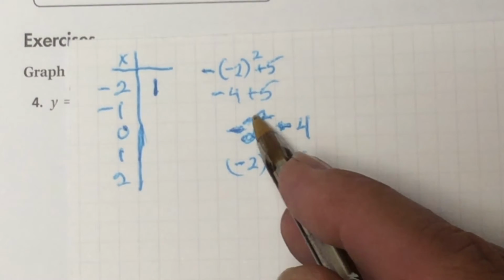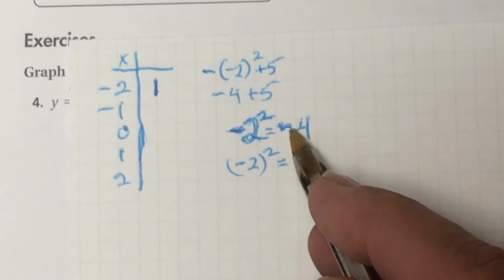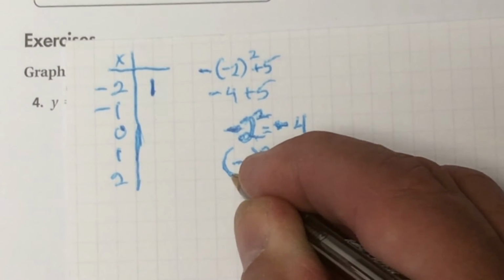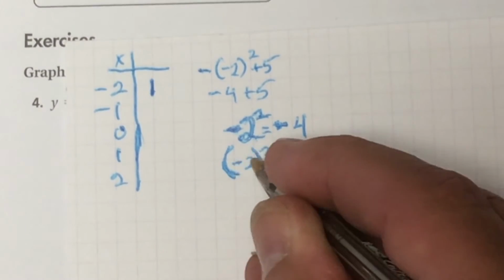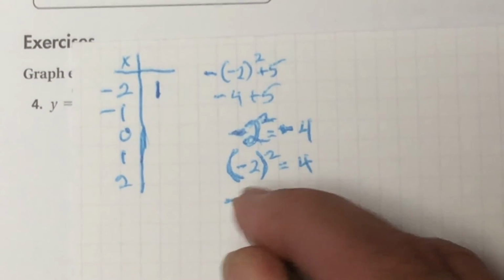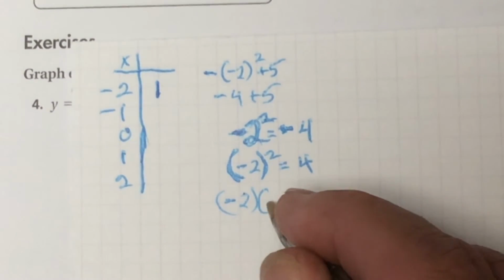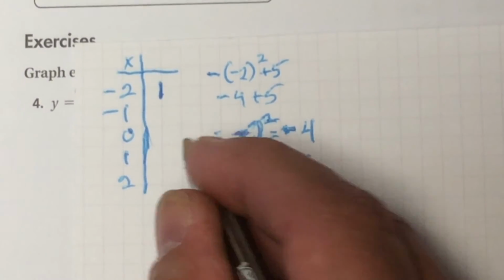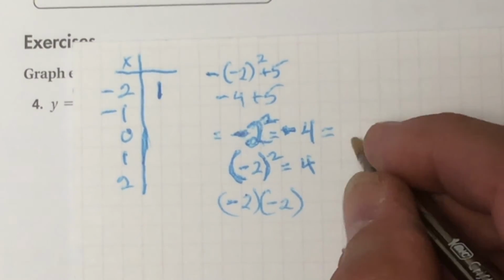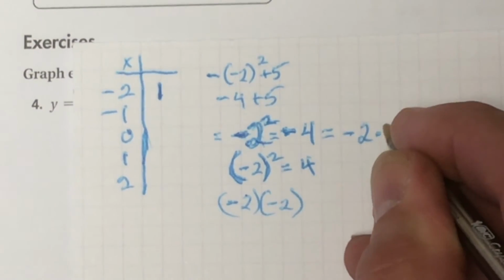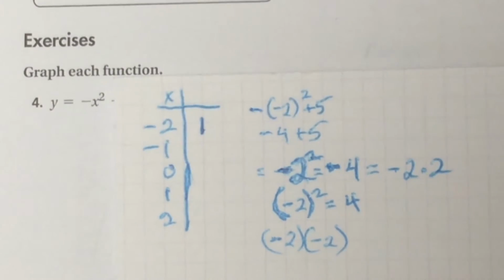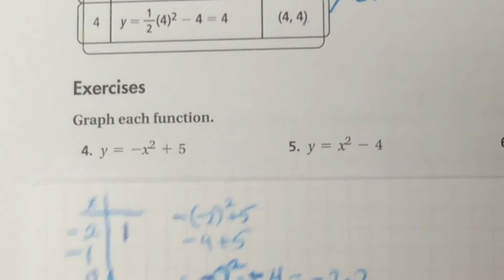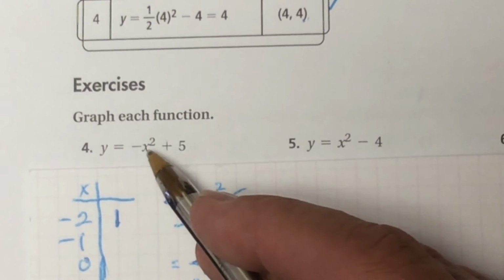So you have to square this first, and then apply the negative. Here, the thing you're squaring is everything inside the parentheses. So the number is already negative, and you're squaring it. So this becomes -2 times -2, which is equal to +4. So now, if I put in -1, -1 squared will be +1,